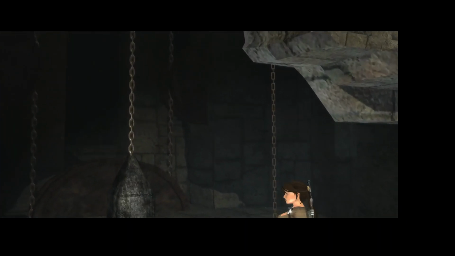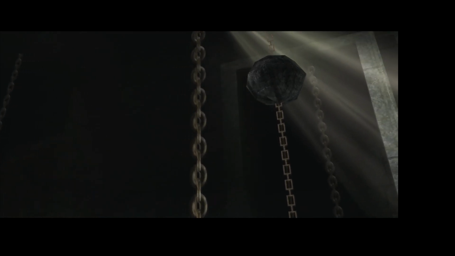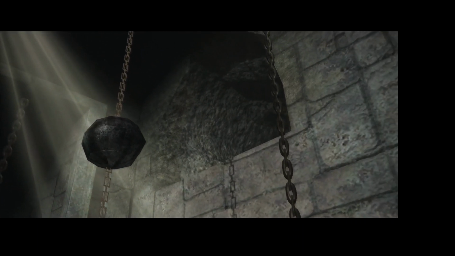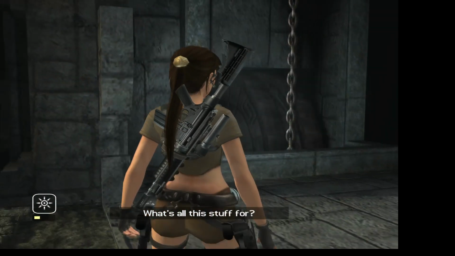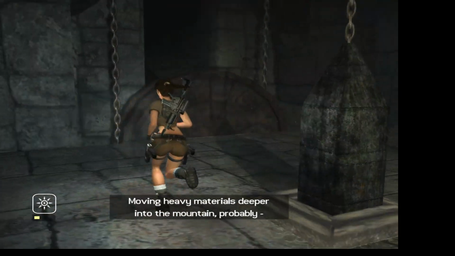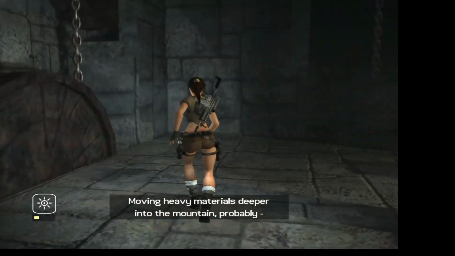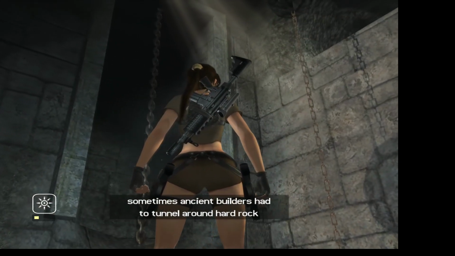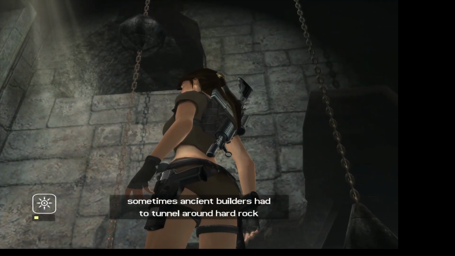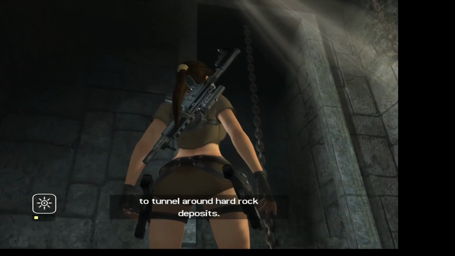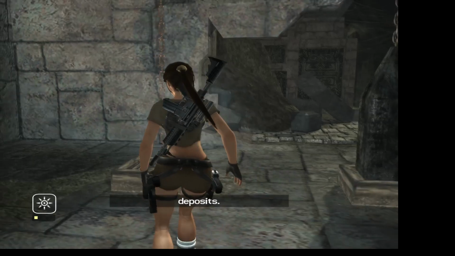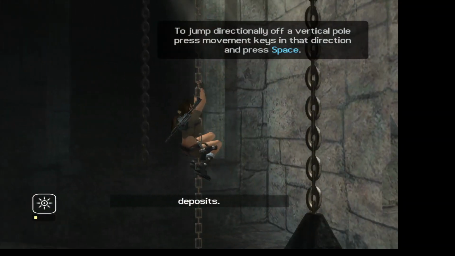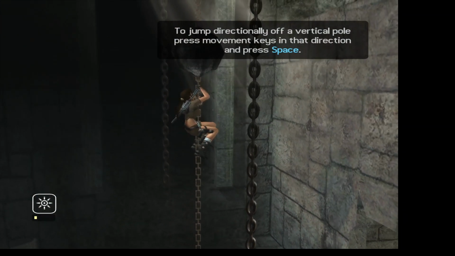It's showing me some chains that go up. What's all this stuff for? Moving heavy materials deeper into the mountain, probably. Sometimes ancient builders have to tunnel around hard rock deposits. So, what this is trying to communicate is I want to climb these chains, but I